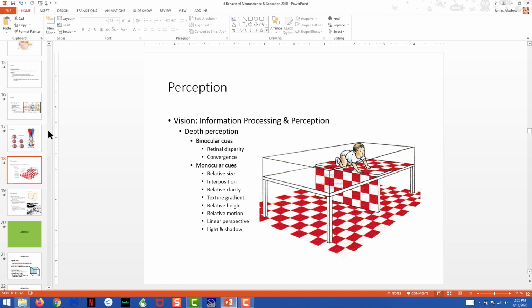Relative motion. This one you'll certainly recognize. If you're driving down Interstate 95 and you look out the window straight down at the road, it's of course going by at 70 miles an hour, which is really, really fast. Then you look up at the moon, and it looks like the moon is staying still. In fact, the road just underneath your car appears to be going 70 miles an hour as you're going 70.